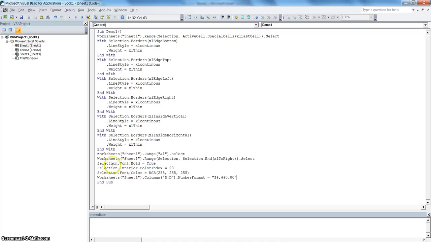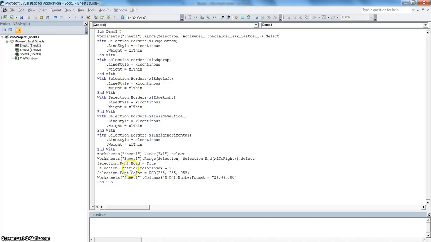The next code, Selection.Font.Bold, is nothing but making the font bold. After that the next code is Selection.Interior.ColorIndex equals 23. It is making the background color of the header row blue. 23 is the color index for blue.